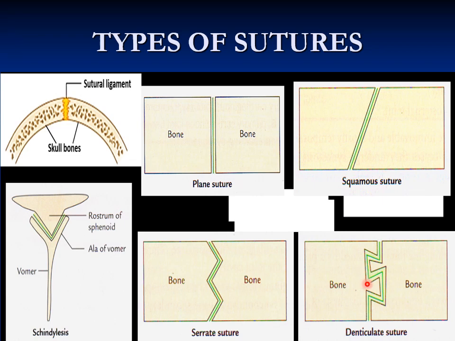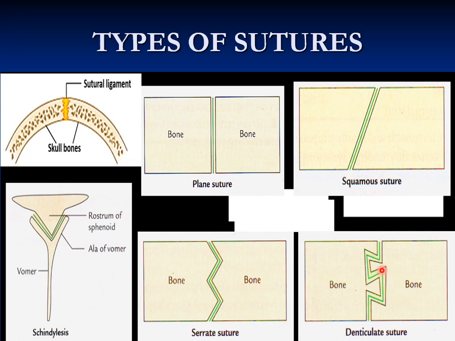So the margins of the bones have tooth-like projections and alternating depressions. As you can see here in this one bone, this is the tooth-like projection and then the alternating socket. This is the socket, and then again projection and sockets. These will accommodate the tooth-like projections and sockets of the other bone.